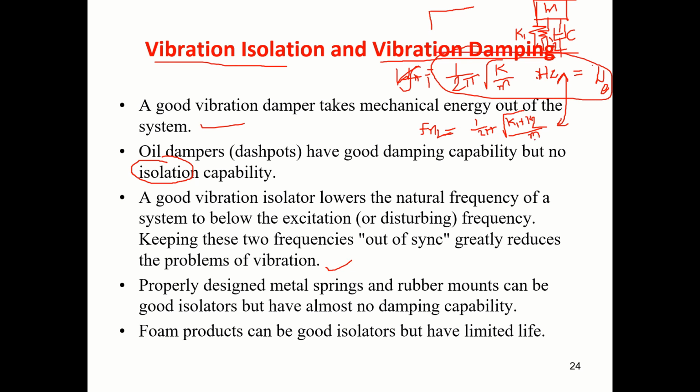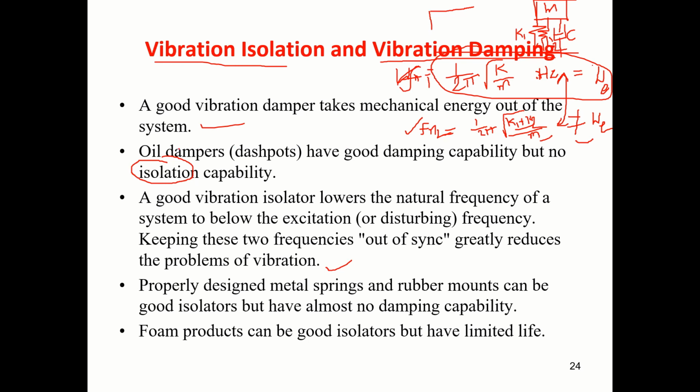So now the frequency has increased. Correct? Because this value has increased, I have increased this frequency. This is not very near to the excitation frequency at all. So this system's chance of undergoing resonance is less. I have not used any damper or anything like that. Only by varying either this or this, I can change the natural frequency. Then I can isolate.